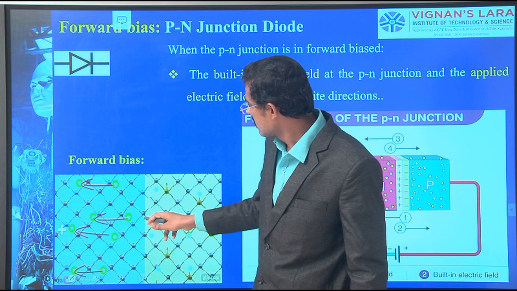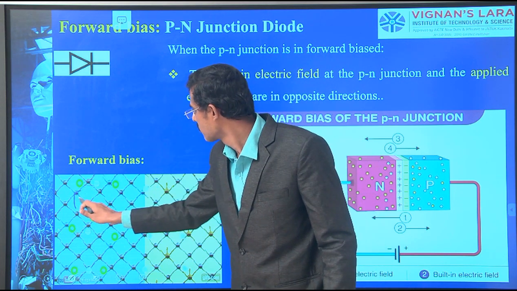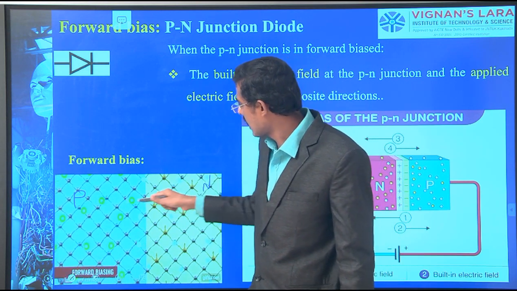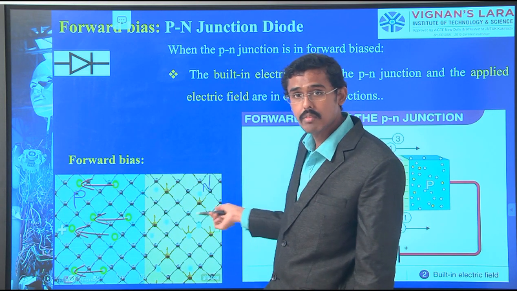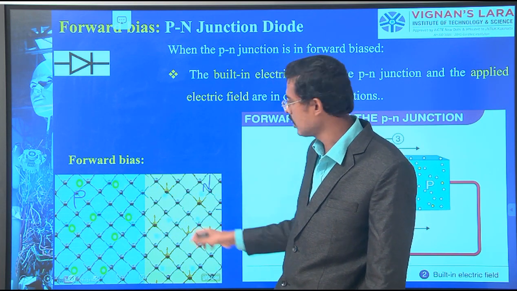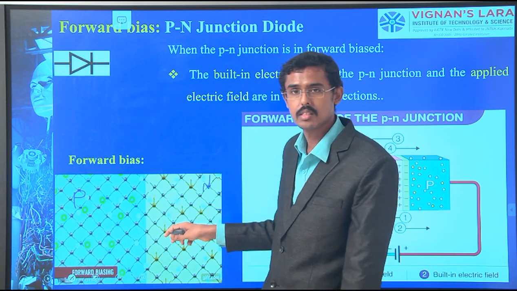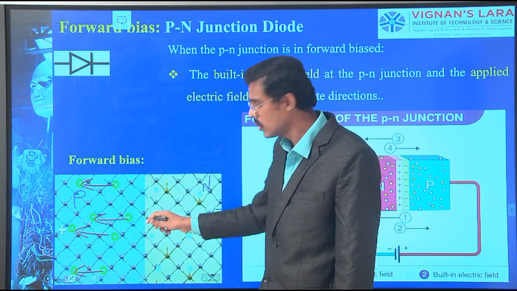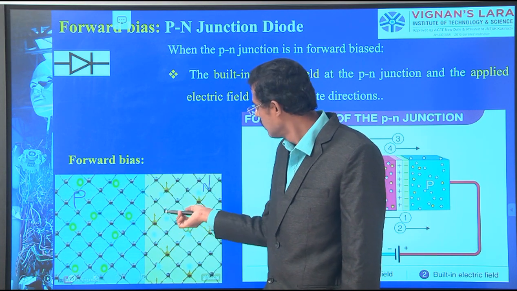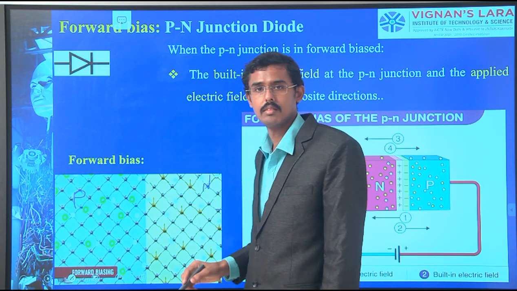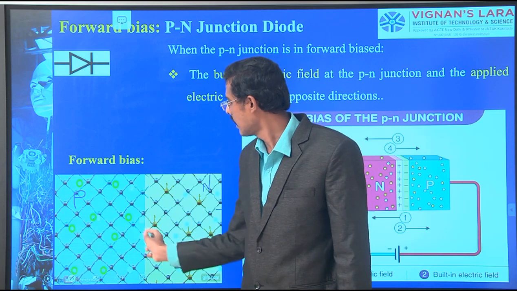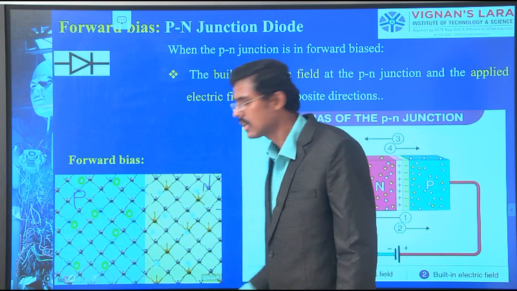So what happens? This is P. This is N. Here, these electrons are attracted by the pushing of the given voltage. Negative is connected to negative, positive is connected to positive. Due to the extra potential we are giving, 0.6 to 0.7, the electron pushes and goes to the other side. If it goes to the other side, automatically this positive attracts it here. It goes and then it flows. It becomes a continuous process.